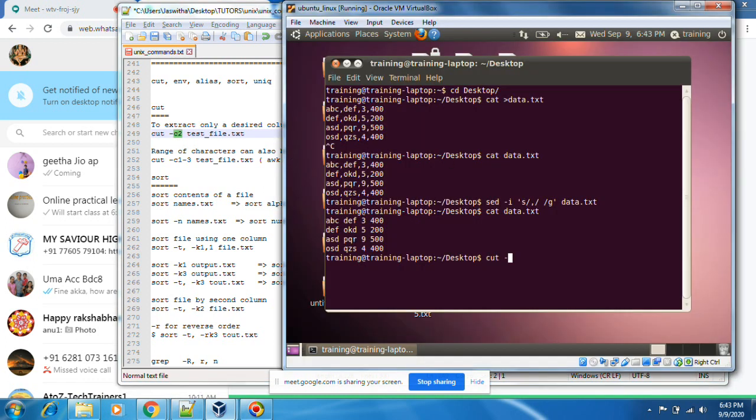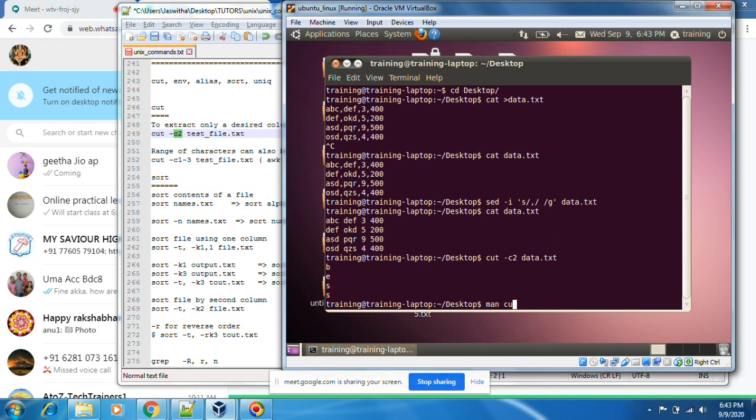Cut -c, which column do I want? Let's say I want the second column. It is taking A as the first column, B as the second column, like this. -c means character.